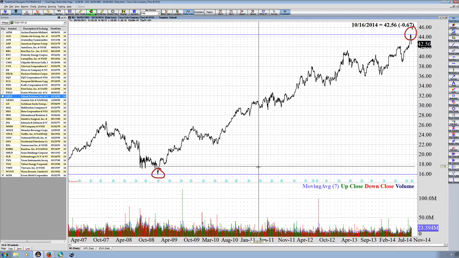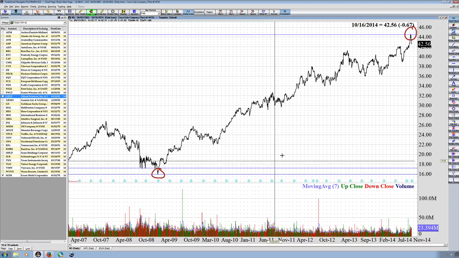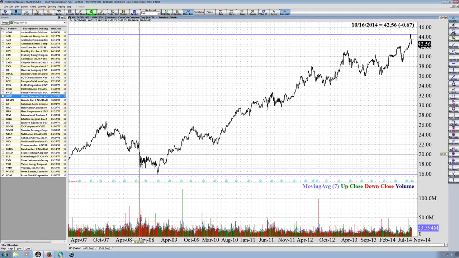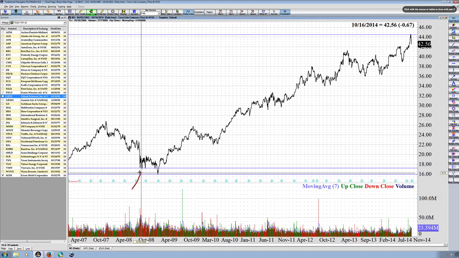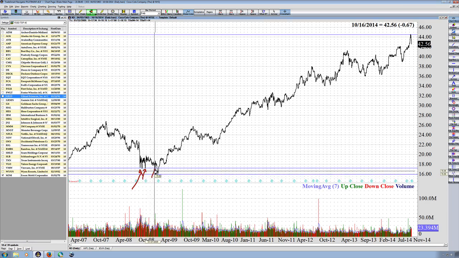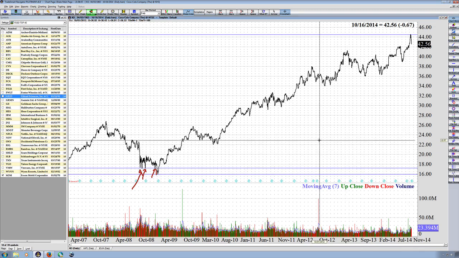But what I'm going to do is come up here, and everywhere I can connect at least 2 dots, I'm going to draw a line. Well, I can do that here. Okay, let me bring your attention to it. You see, I got 1, 2, 3 right there, and then I got a fourth one right here. So I've obviously got some support that happened here at $17.20. All right, I'm going to keep coming up.